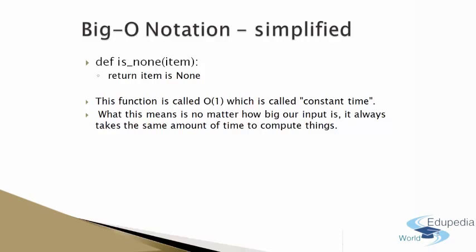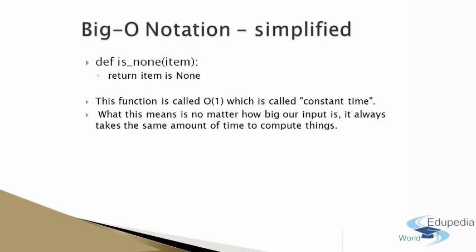So what this method is doing, there is no if logic, there is no for logic, it's just returning item is None. It's making item None, null, and returning that. Now this function is called O(1), which is constant time. Why so? Because no matter what the value of item is, let it be an array of 1000 elements or an array of 1 element, this method is simply making it null and returning it.